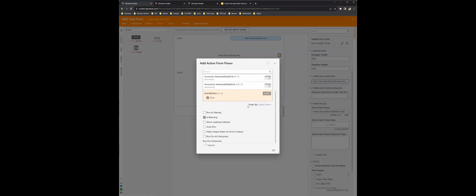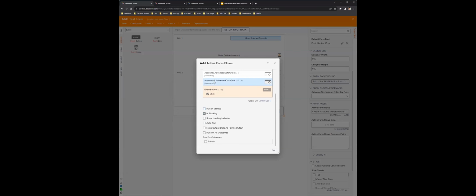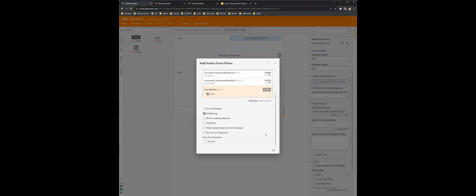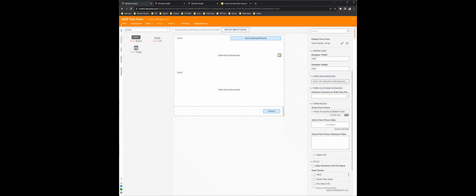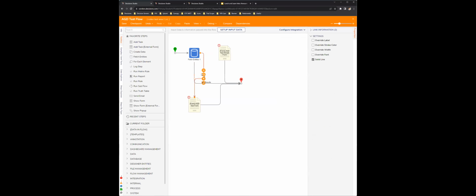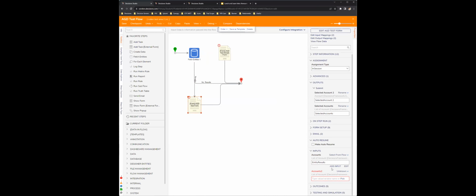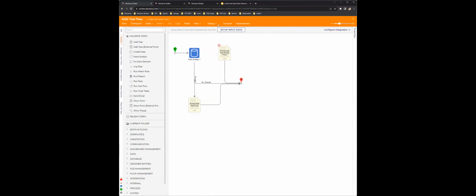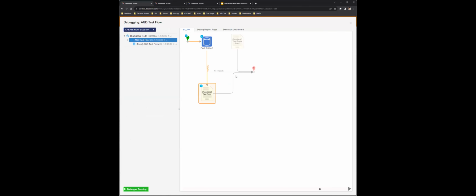So with that made, we know we don't want this to run at startup. We have our event button. It's going to run on the event button when the user clicks it. And we could click OK on this, and let's save this and run this in the debugger. Let's move our list of accounts here. Just make sure our input here. We know this bottom one should be empty at initial start. And let's see if that all worked out.